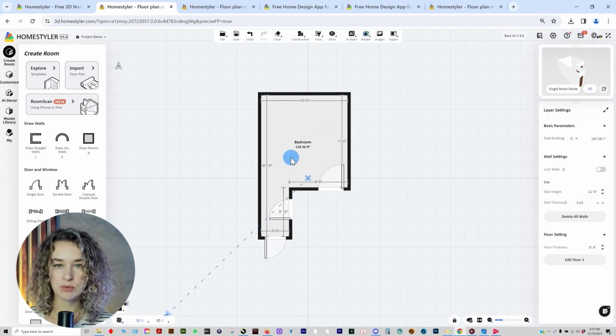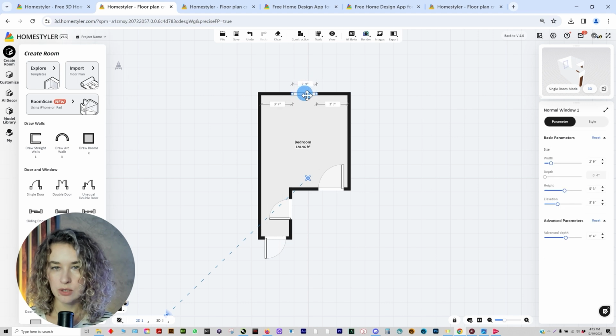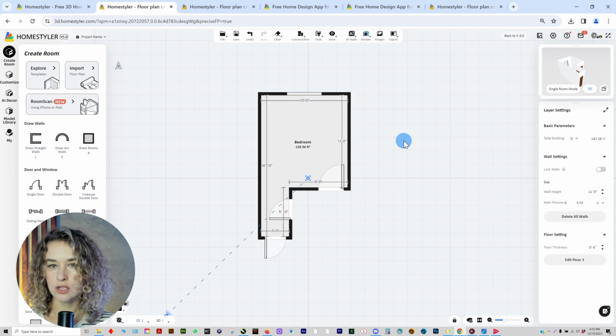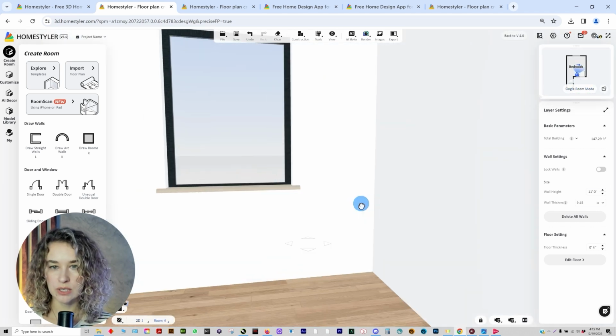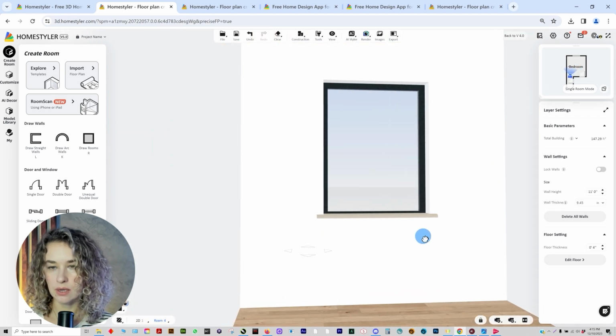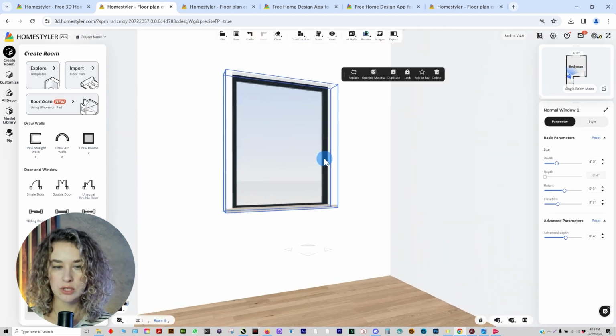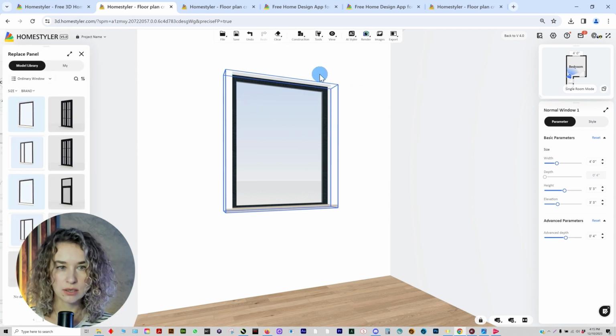Alright, now let's put the window. The window in this room is not rectangular, it's arched. So here, once we set everything up, we can go to the 3D view. And let's switch to the other mode where we can see our room. So the window in our room is arched, so we can replace it and choose here the special